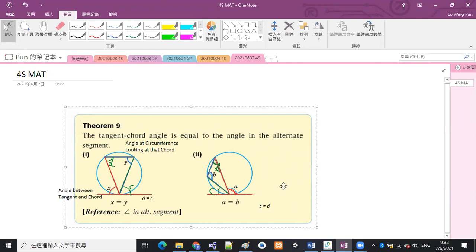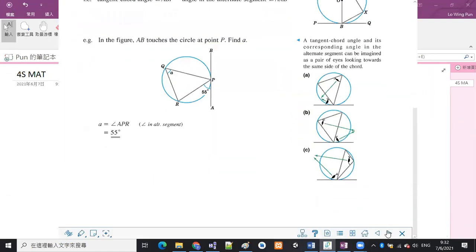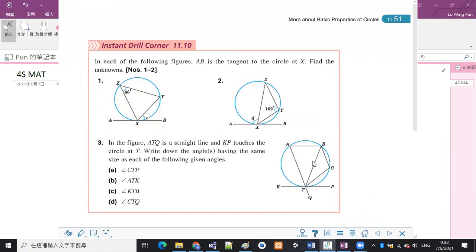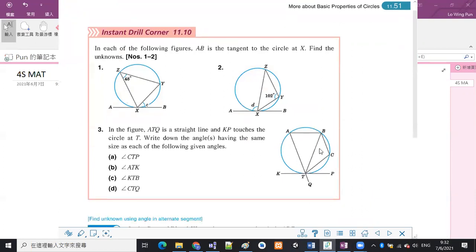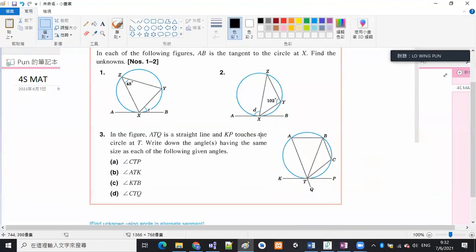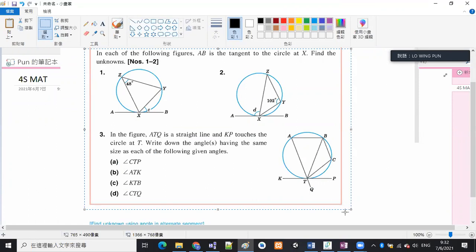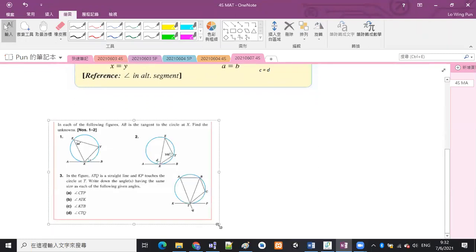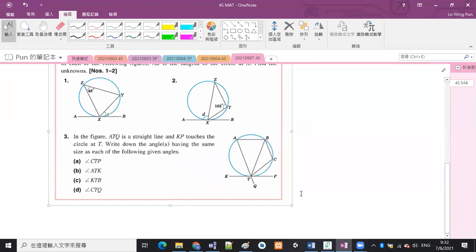Is that okay? 咁呢個就係我哋用 angle in alternate segments 嘅用法啦。好，跟住我哋睇一睇啲 examples，有啲 exercise。我哋去 Instant Drill Corner 11.10 先。咁呢個，因為以往啲同學都覺得比較難去睇，所以我哋今次做埋呢一個 Instant Drill Corner。